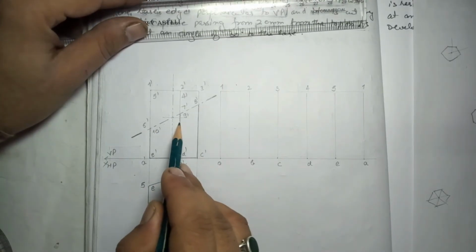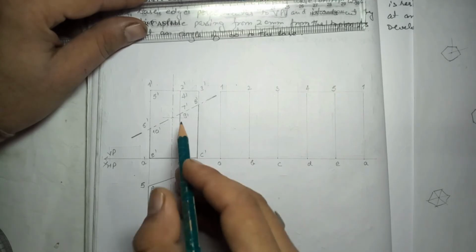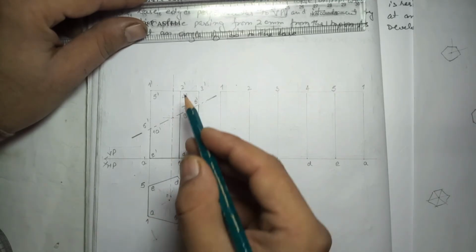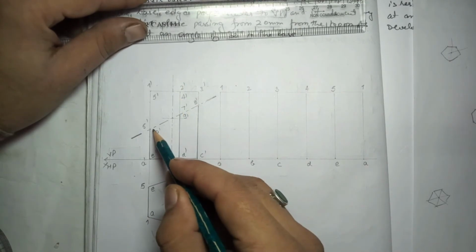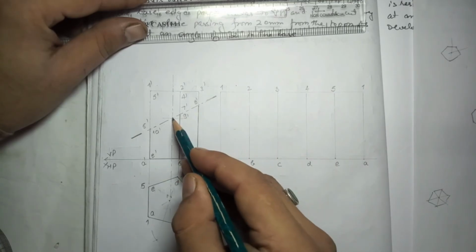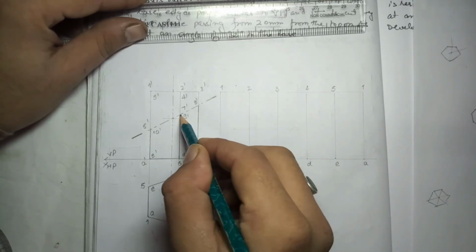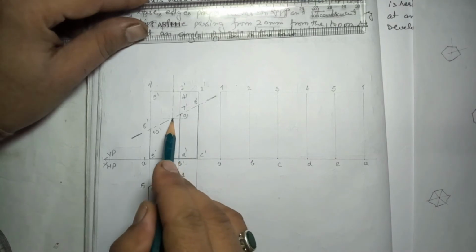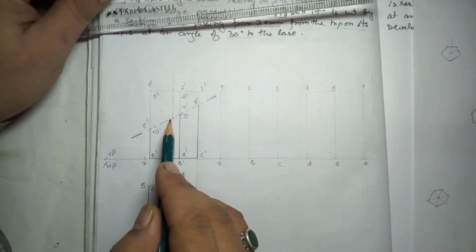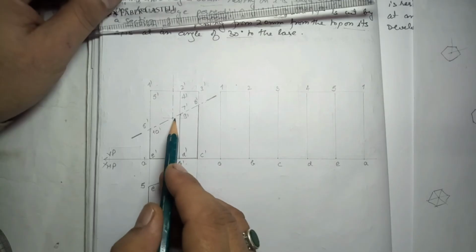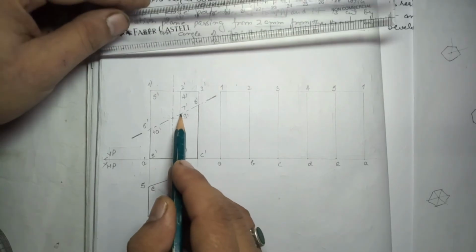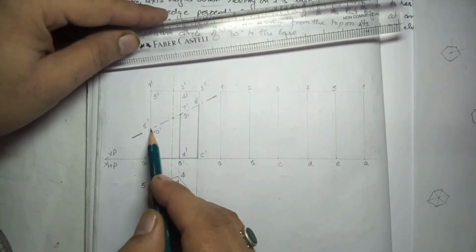Now take care here, students do this mistake. Do not give numbering here. This was the center axis and you join with the sectioning line. So do not give numbering here. Numbering will come on this point only. And do not take projection line from this. This is a mistake which I have seen in the drawing of students. So do not take projection line from here. So take projection line from 1, 2 and 3 points only.